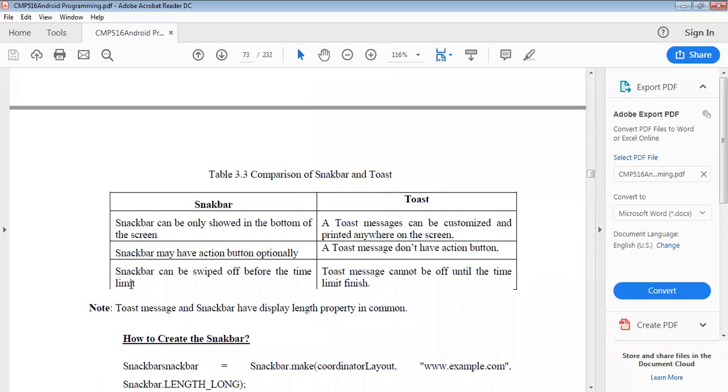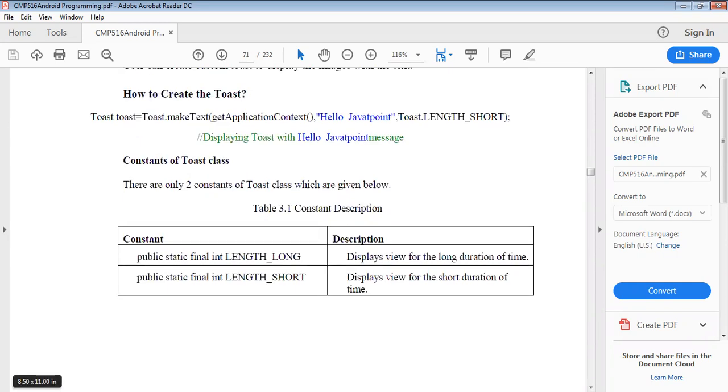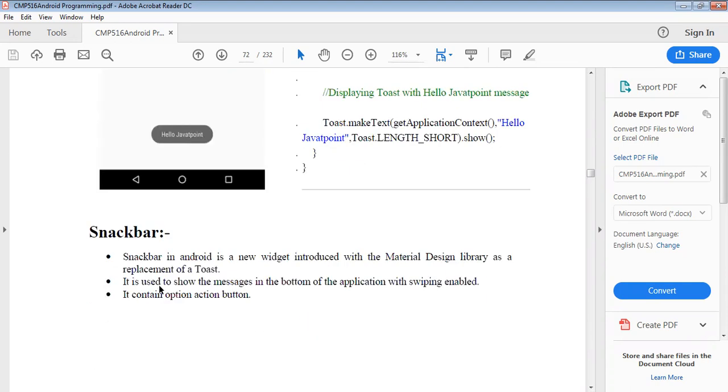Also, a Snackbar can be swiped off before the time limit, but a Toast message cannot be dismissed until the time limit is finished, because in our Toast there are short and long time period methods, meaning two constants are presented here.